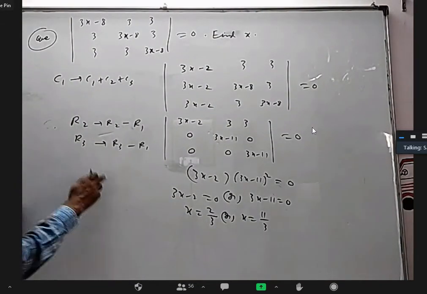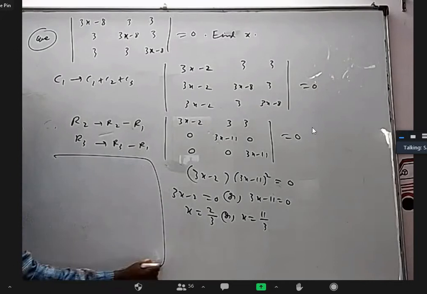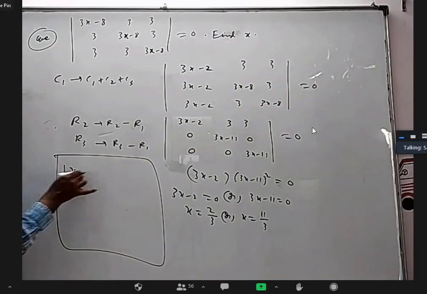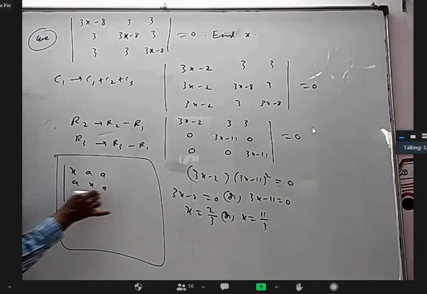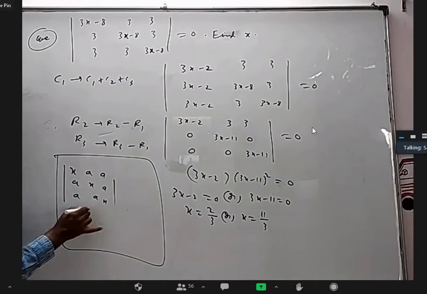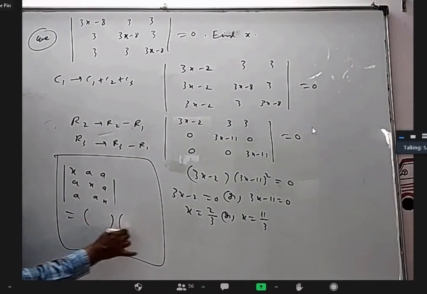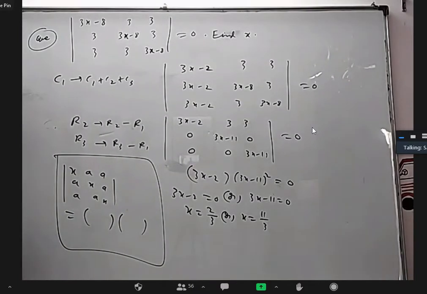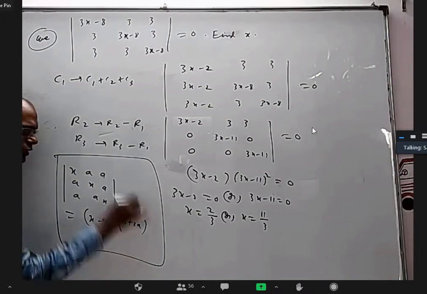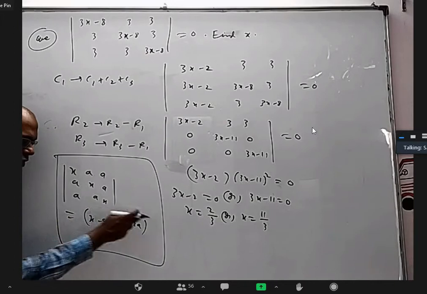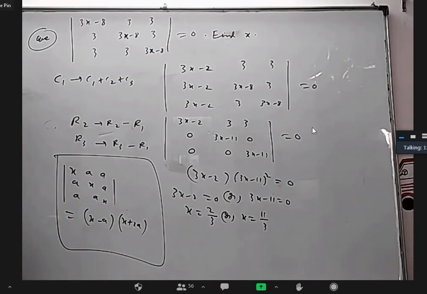Okay, don't write the small thing that I'm going to write, but let us see if somebody can guess the answer. x, a, x, a, x. Anybody want to guess? It is having two factors. What are they? Sir, x minus a. Okay, x minus a. Yes. x plus 2a. Should I put a square for this or this? Which one? What do you think? Sir, x plus 2a whole square.